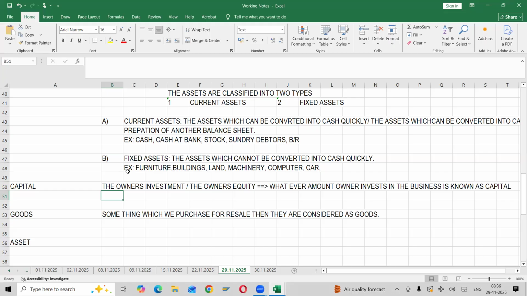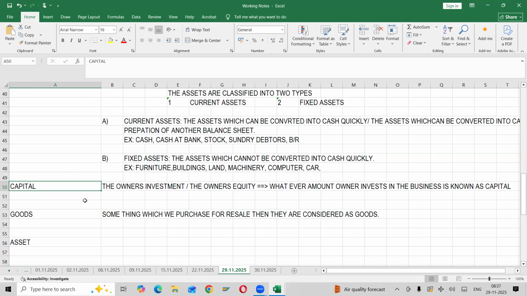In simple terms, what do you mean by an asset? What we own is nothing but an asset. What we owe is nothing but a liability. Clear? So now, is capital considered an asset or a liability to us? A liability to us. Us, in the sense, who are we? Business. Exactly. Now you understood, right?